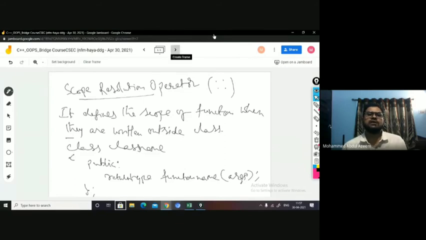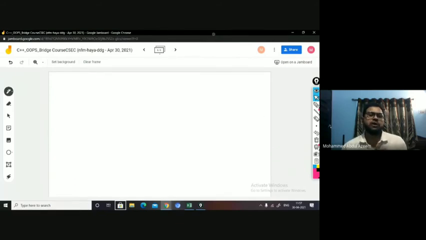Now when you're defining, you'll be defining the source code of that particular function outside the class. So when you are defining it outside the class, what you mention here is: you first mention the return type, right? Then the class name, then you say the scope resolution operator, then the function name, right?